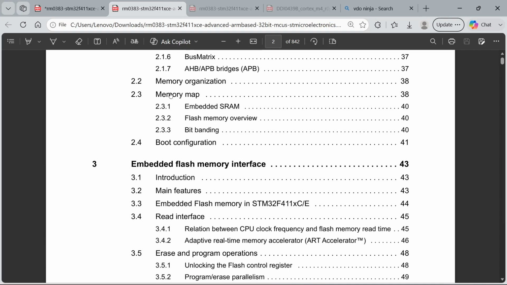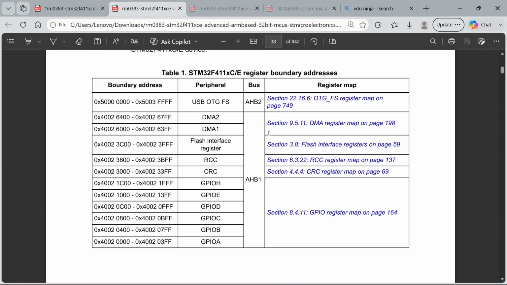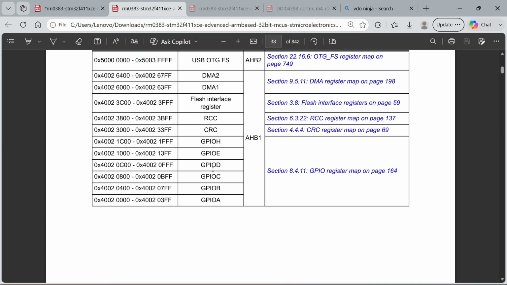The 2.3 memory map. Here you have a base address and the maximum range for each of the sections.